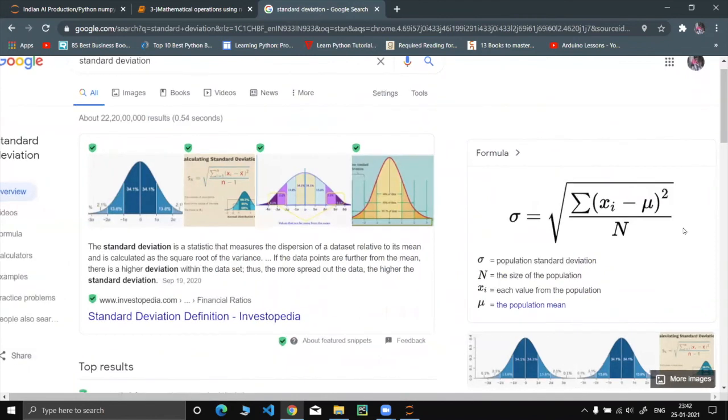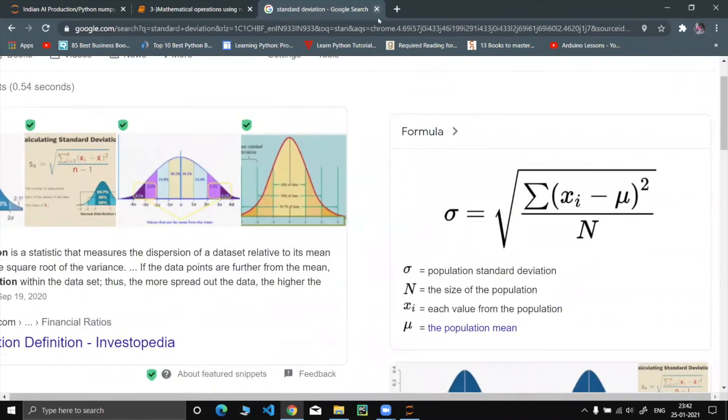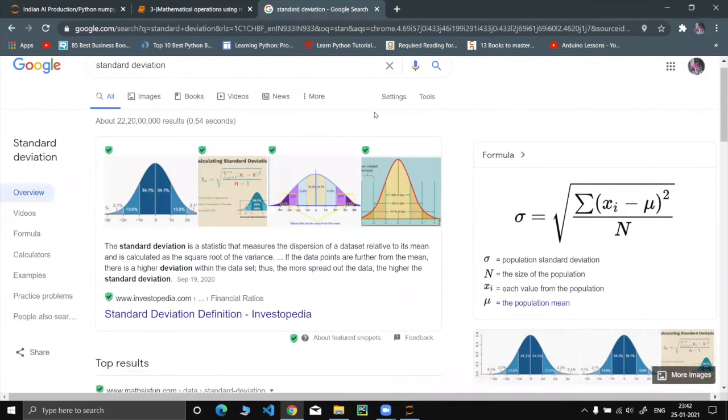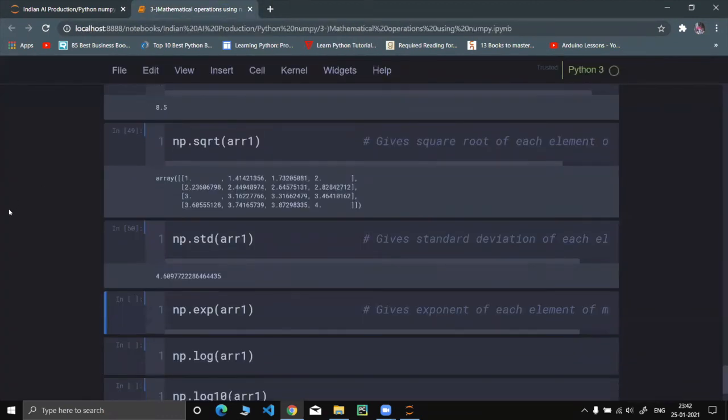Hey guys, we are going to discuss this when it comes to statistics, but you need to understand the difference between population and sample. In statistics there are two types of data, samples and population. These standard deviations we can calculate based on the population data. We are going to learn statistics completely from the basics, no worries.